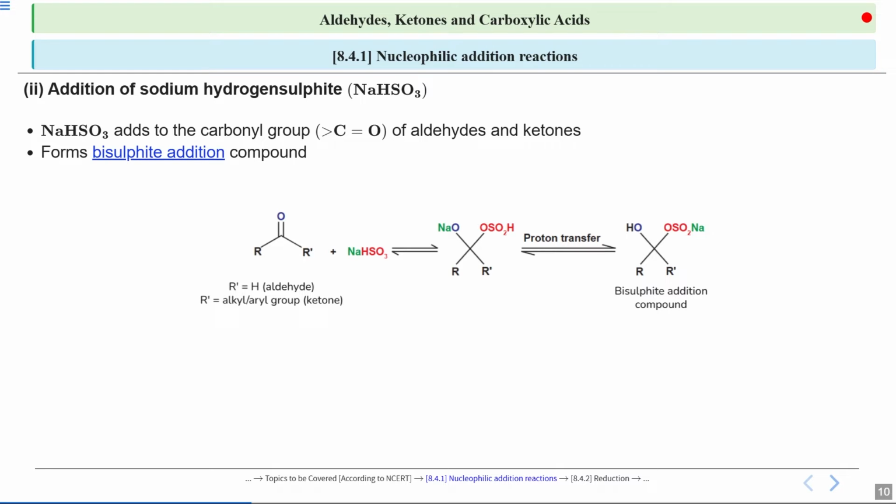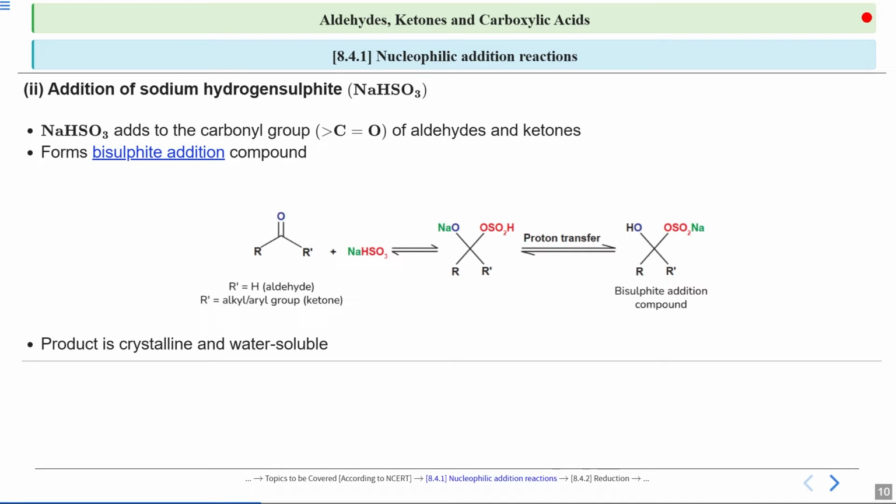So if you look at this particular reaction, you have an aldehyde and you have NaHSO3, which is sodium hydrogen sulfite. It gives HSO3 minus ion in solution. This will attack the carbonyl carbon and oxygen gets a negative charge and the OSO2H or SO3H group gets attached. And Na, being positively charged, gets attached to this oxygen. And then there is proton transfer from this SO3H. So this proton gets transferred and this becomes OH, and to balance this negative charge on SO3, Na gets attached. So you get the bisulfite addition compound.